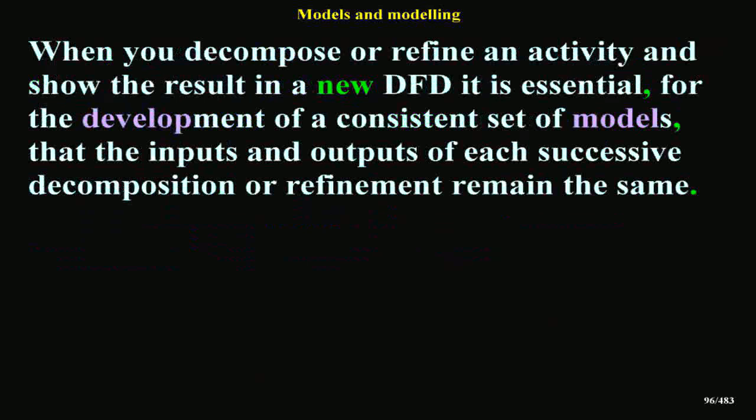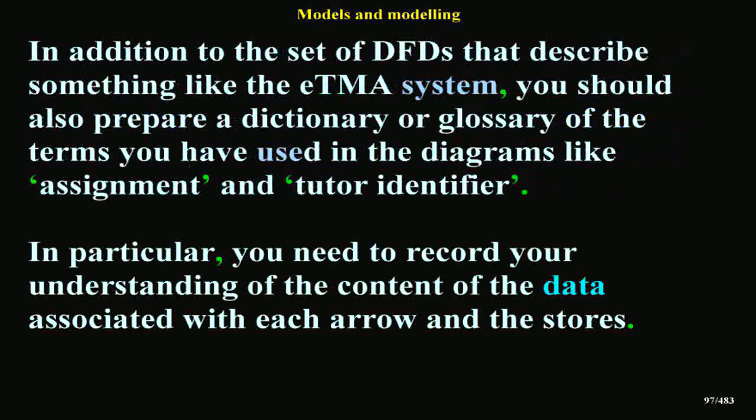When you decompose or refine an activity and show the result in a new DFD, it is essential, for the development of a consistent set of models, that the inputs and outputs of each successive decomposition or refinement remain the same. In addition to the set of DFDs that describe something like the ETMA system, you should also prepare a dictionary or glossary of the terms you have used in the diagrams, like assignment and tutor identifier. In particular, you need to record your understanding of the content of the data associated with each arrow in the